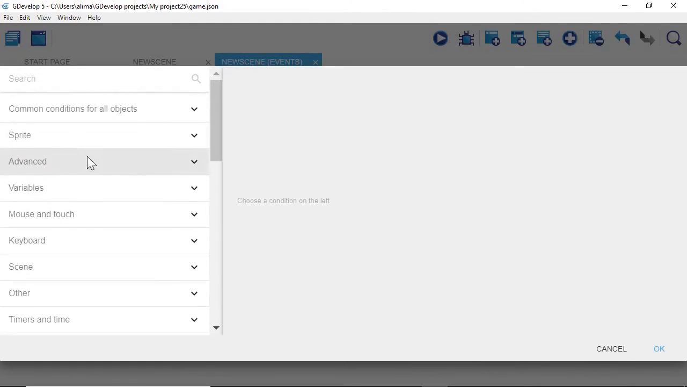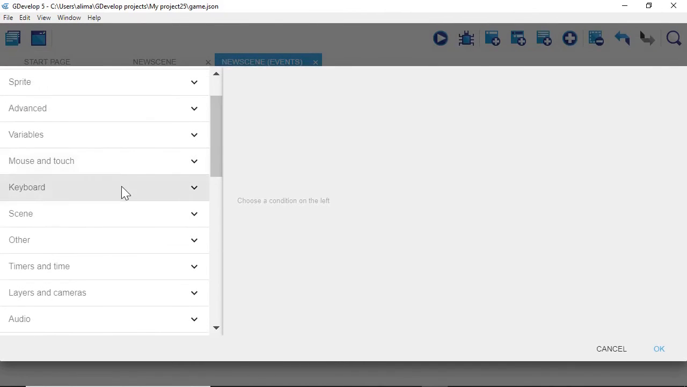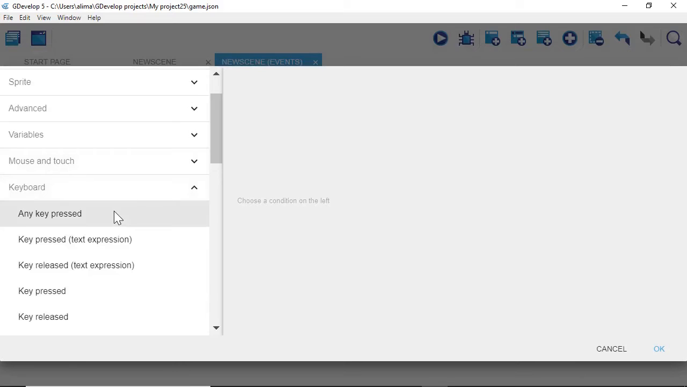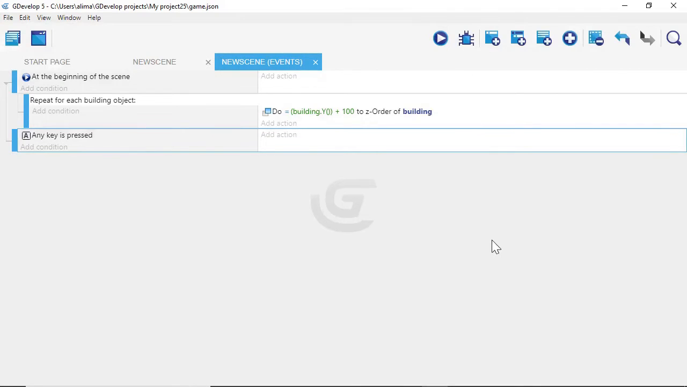We want to click add condition. We want to go to keyboard. And then we want to select any key pressed. These other settings are fine. We're going to click OK. And then for the add action, what we can actually do is take this code here and copy this to